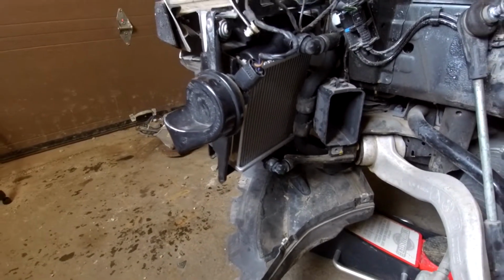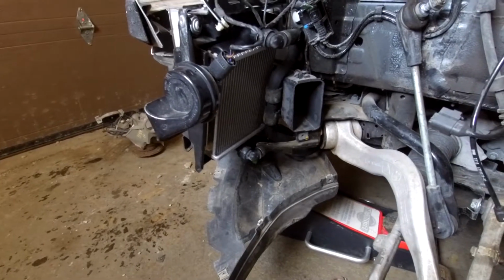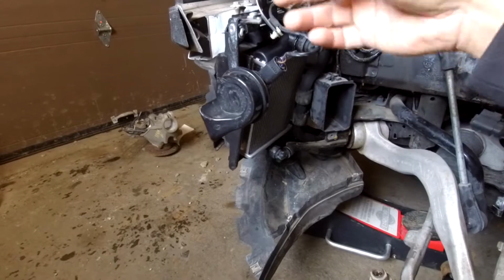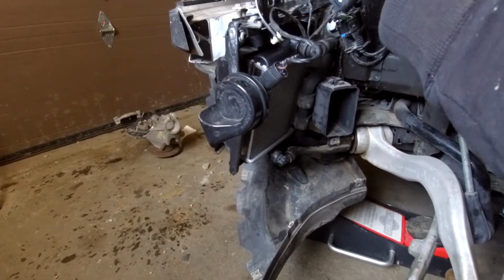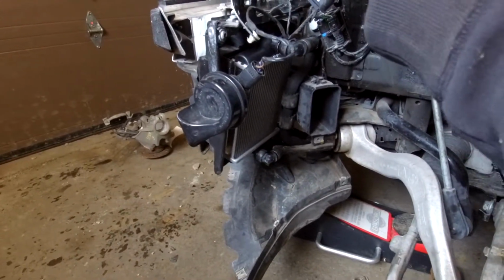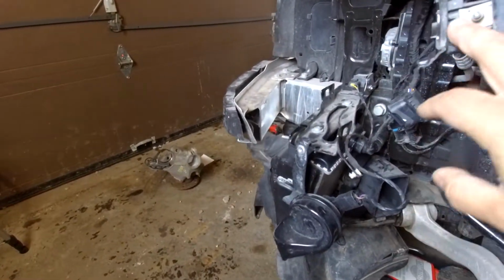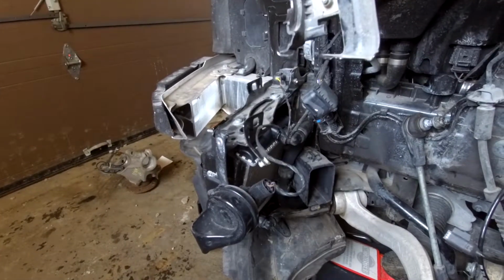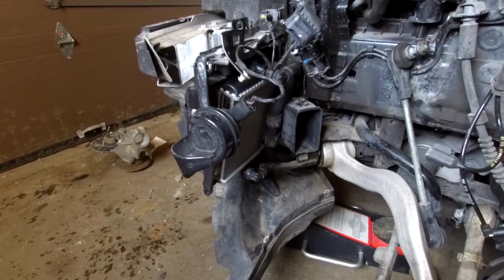So yeah, that's what we're going to do today, and I'm going to try to fit the light to see what is missing or bent or whatever. Like this bracket here, I think it's part of the light. This thing here that is broken, not so sure. So yeah, that will be it,